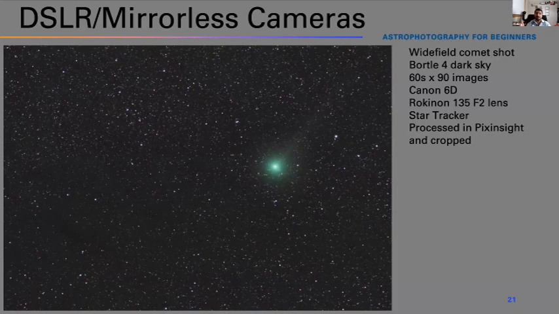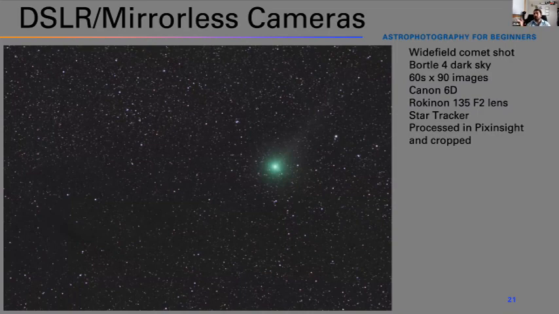You can buy the Canon 6D on the used market for very cheap. I think I had paid $300 for mine, which is a great value compared to an astro camera. And it's one of the most underrated deals right now for astrophotography for anybody getting started. You can do really good deep sky astrophotography with it, whether you're using a telescope or a lens.